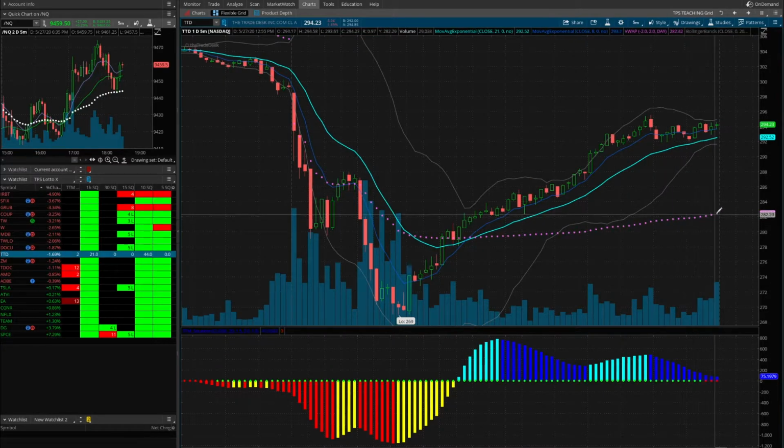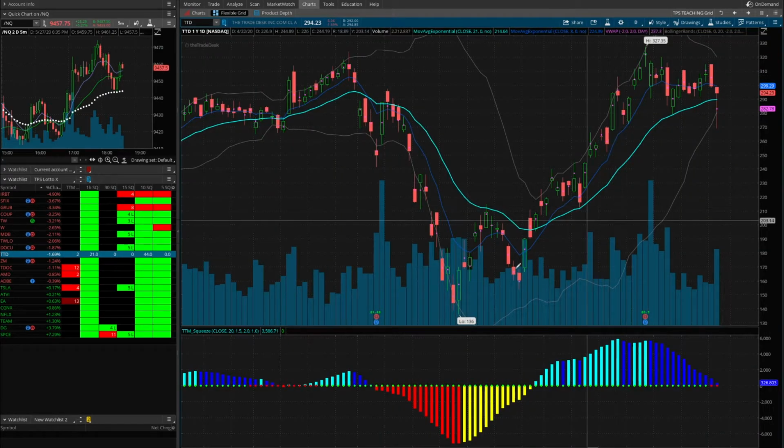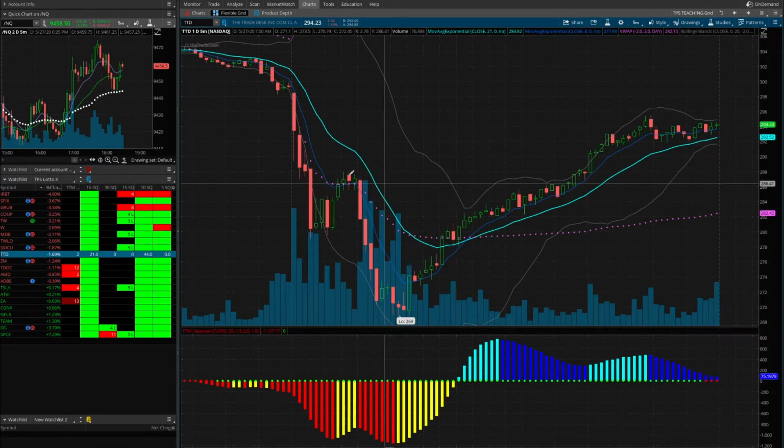The purple dotted line here is called VWAP, Volume Weighted Average Price. This is only really relevant on shorter term time frames, 5, 10, 15 minutes. As you can see, when you jump over to the daily, it just gives you 1 dot per day. It doesn't do much for you. This also, a little like the 200 SMA, acts as resistance and support throughout the day. As you can see, TTD pulled back this morning, had a little bit of a bounce, came off that line